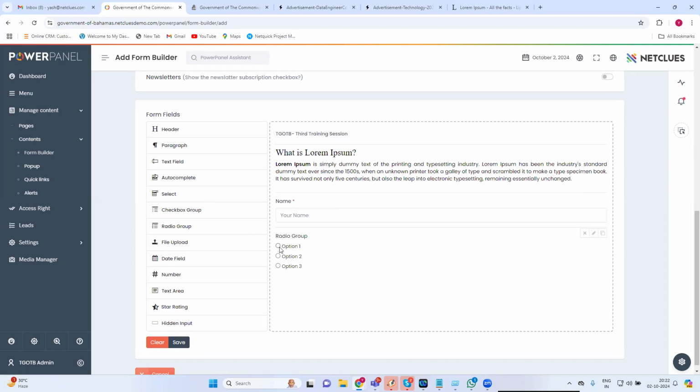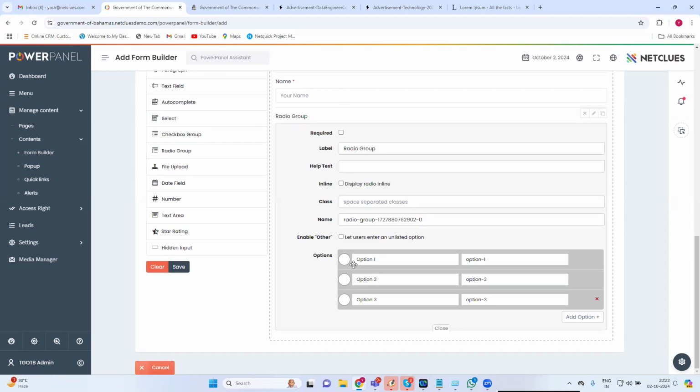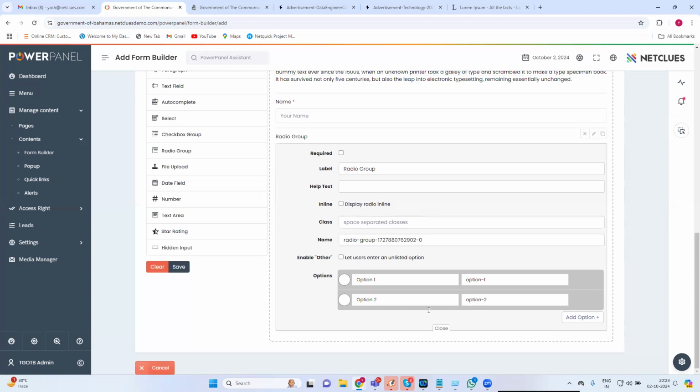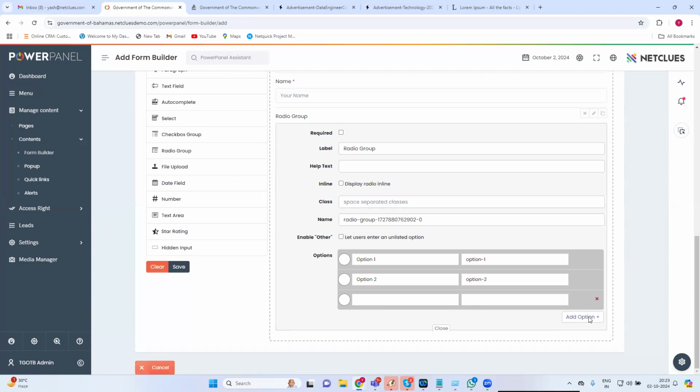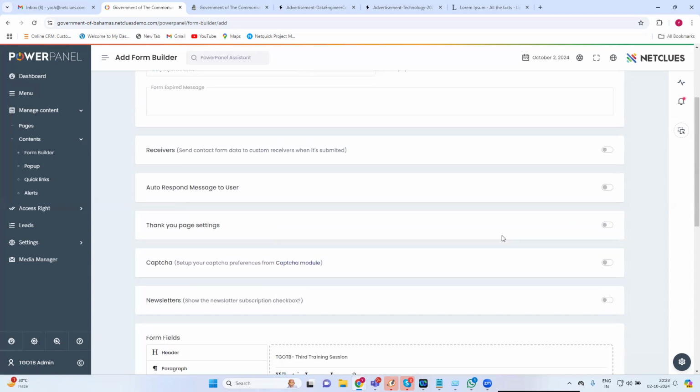So radio button, option 1, option 2, option 3. Now let's say an example. I can go ahead and make all necessary edits for option 1, option 2, and option 3. Is it required? Correct. And all these are the default options. Once you review it, you'll be able to get more idea about the actual form builder. So this is how exactly, let's say an example, if I want to remove any one option, I can. If I want to add multiple or more options, I can go ahead and add more options as well. So this is how exactly the entire form builder